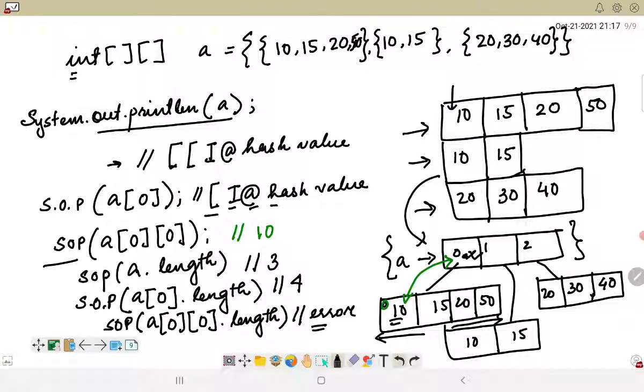So these are some of the exceptional cases when we are trying to retrieve the values of an array.